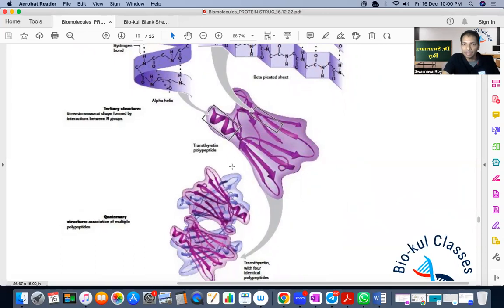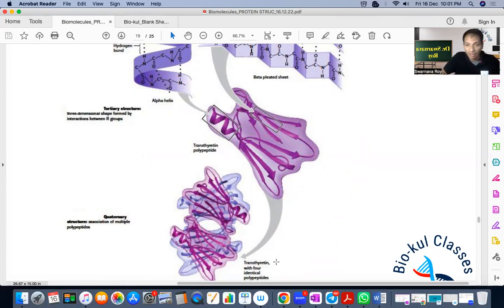And this tertiary structure is very, very important. If proteins are unable to form tertiary structure, then the protein cannot be functional. In order for a protein to have a proper function, just having a primary structure and a secondary structure is not enough. That protein should also have a three-dimensional structure, which is called the 3D structure. And depending upon that particular 3D structure, a protein can bind, can catalyze a particular reaction. They can bind to a particular